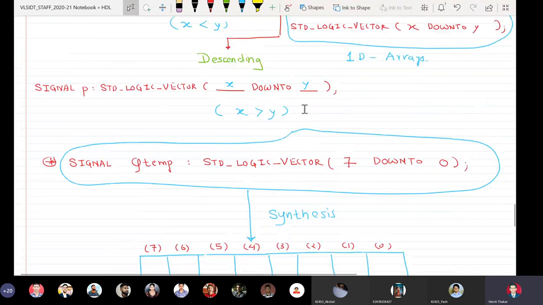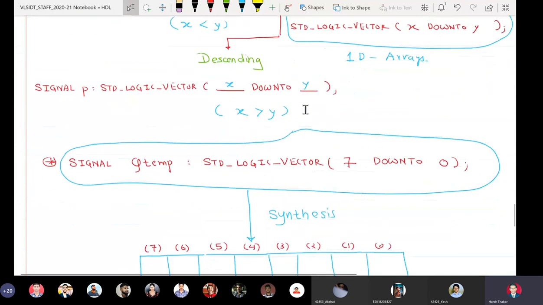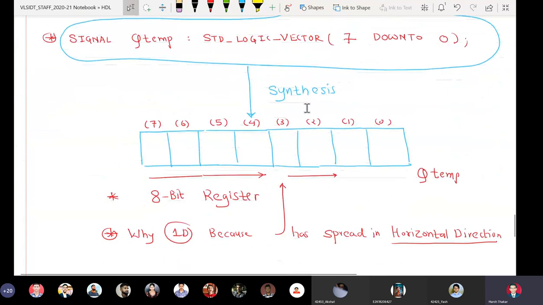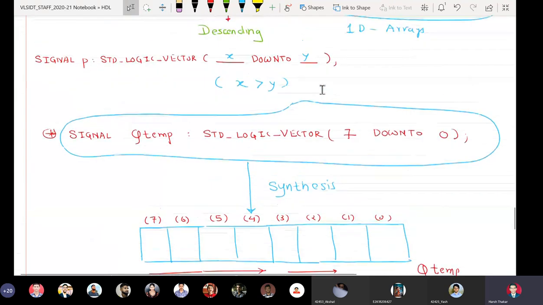Whenever we use this vector data type, std_logic_vector 7 downto 0, it actually creates an 8-bit register.